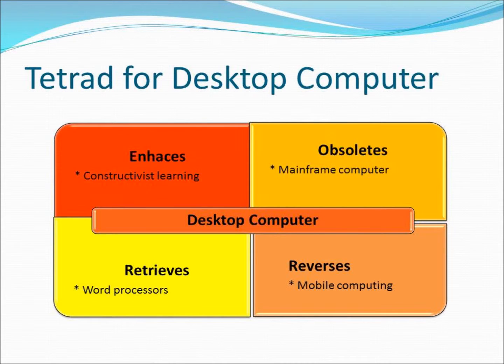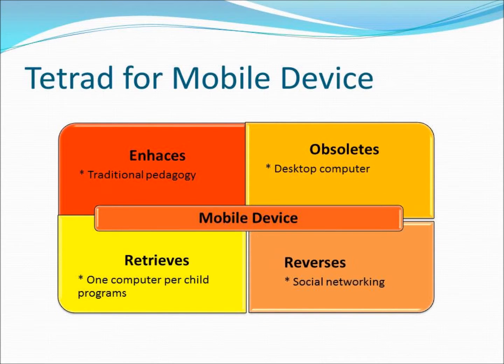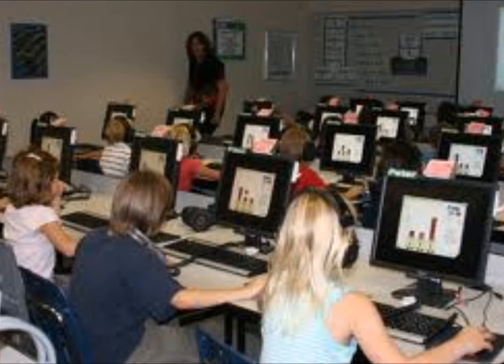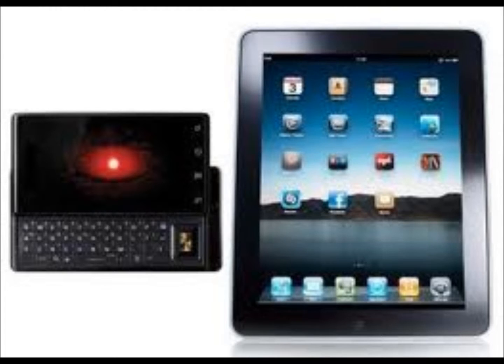Applying McLuhan's laws to the desktop and the mobile device, the tetrad of four elements might be the following: interviews with the decision makers and end users such as the principal, IT specialist, and classroom teacher help to gain deeper insight into the adoption and obsolescence of a desktop computer as a one-to-one solution in the district, and how the mobile device came to replace this technology that was an emergent one at the time of its adoption.